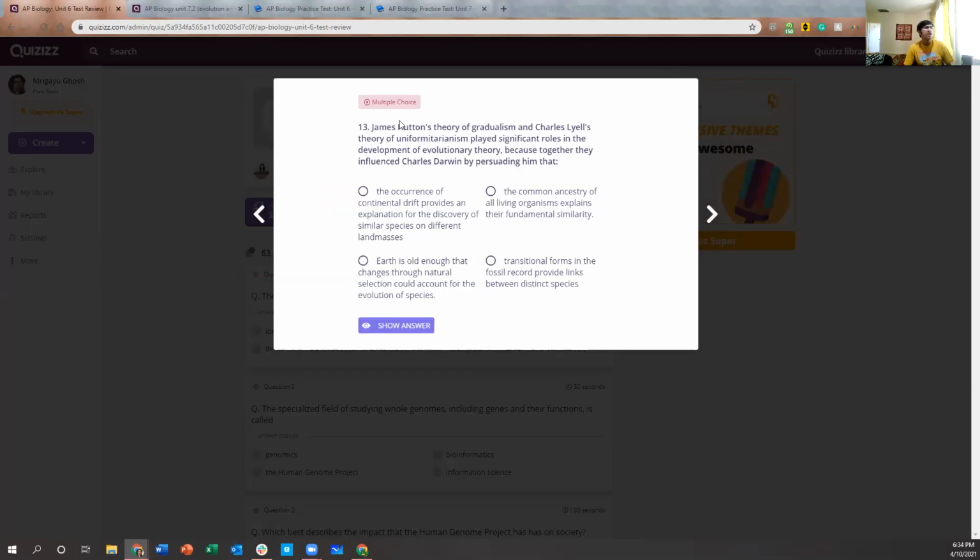Moving on. James Hutton's, okay, we don't know that it's James Hutton, but we know about the theory of gradualism and then uniformitarianism. I'm not sure exactly what that is, but just looking at the word, I think it has to do with populations being uniform or something similar. I don't know. Let's read the question and see if we can figure it out. Played significant roles in the development of evolutionary theory because together they influenced Darwin by persuading him that, well, Darwin's writing was about descent with modification and evolution with natural selection, that kind of thing. So